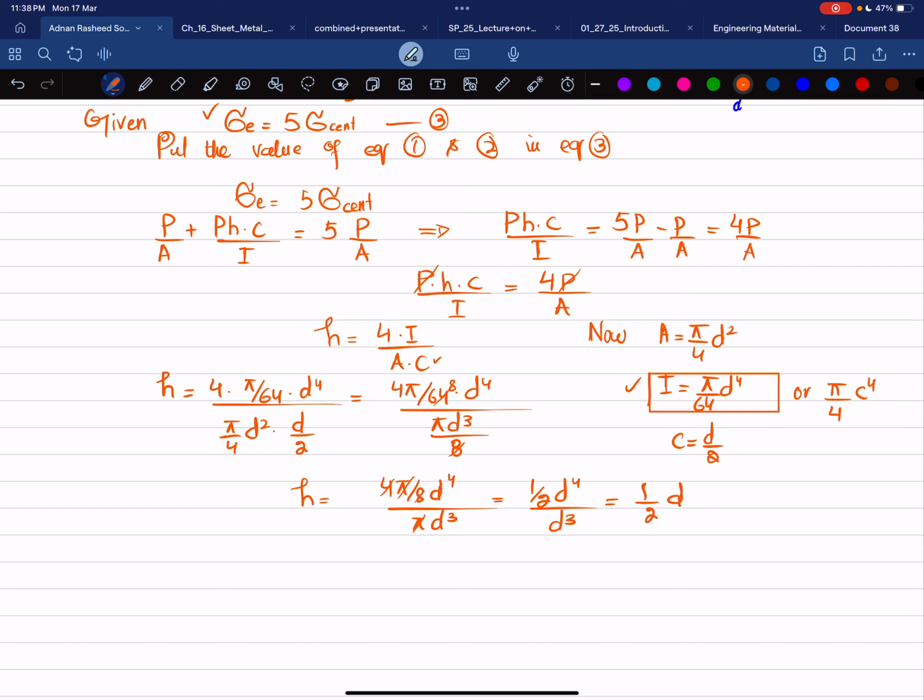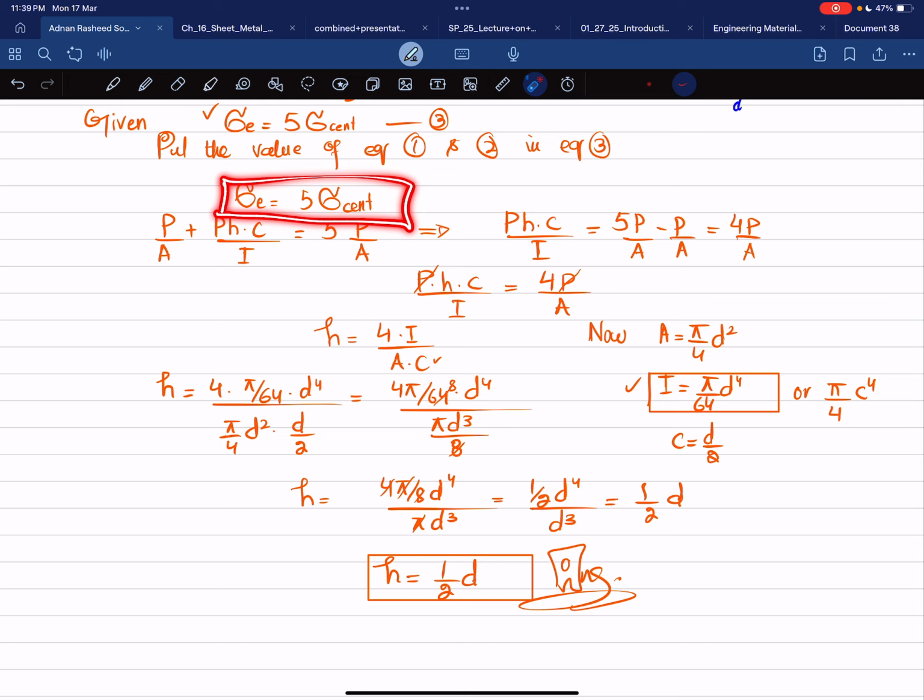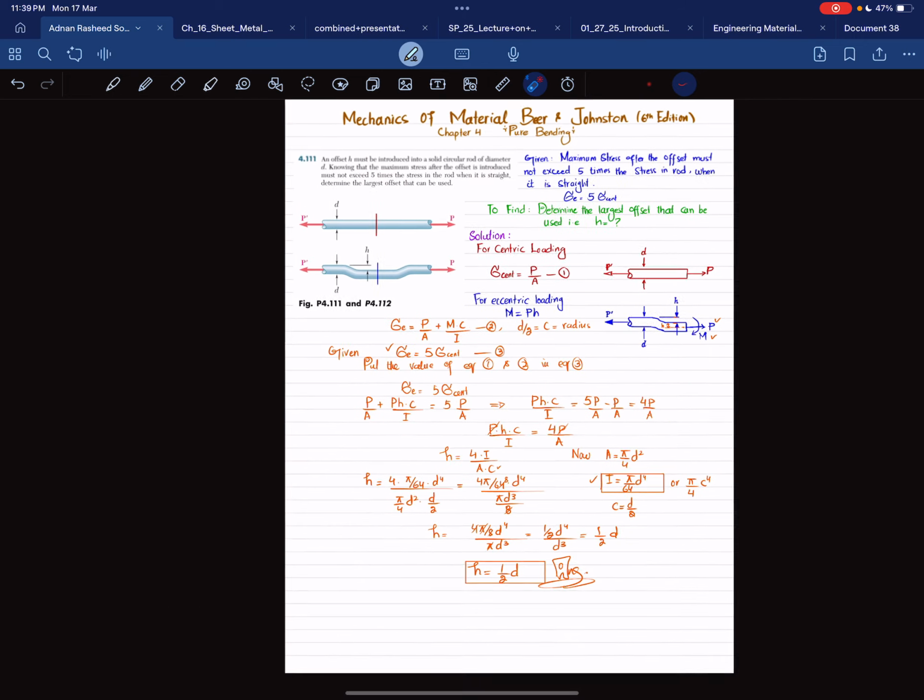So it means that the maximum offset will be equal to 1 over 2 times the diameter of the rod. This is the offset that we can give to this rod in order to satisfy the condition that the eccentric stress should not exceed 5 times the centric load. And that was all about this problem